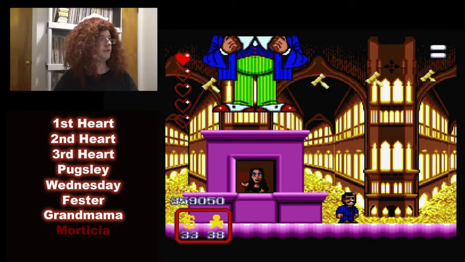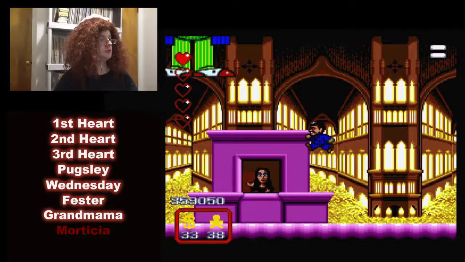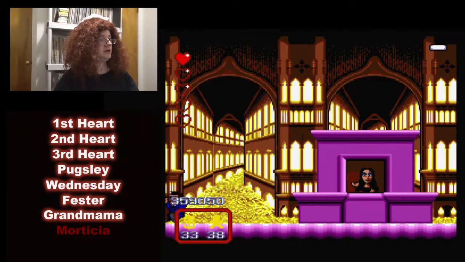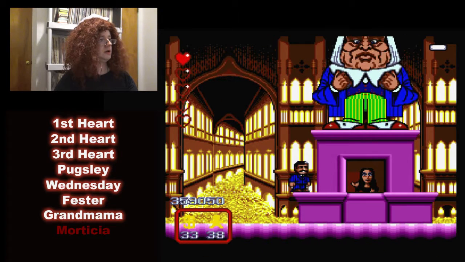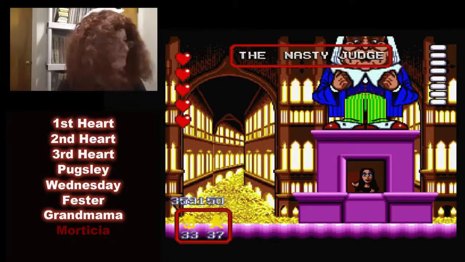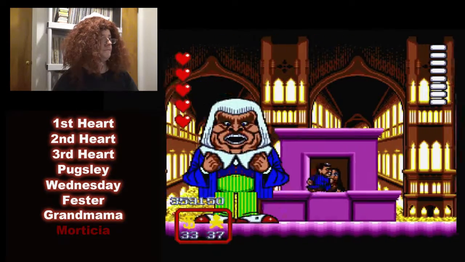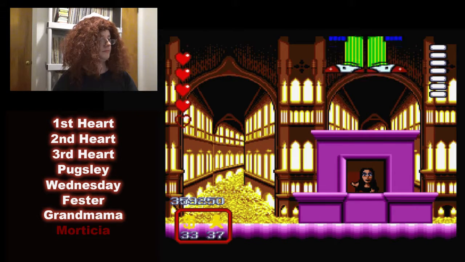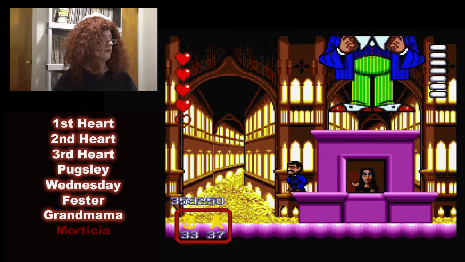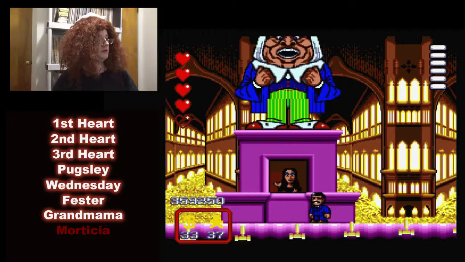Okay, so I have 1 health. He has 2 here. So let's just be super, super careful. Oh, let's get him. Let's get him. Oh, come on, you slid into that one. You know what, that's gonna be my strategy. I'm gonna stay down by Morticia until...